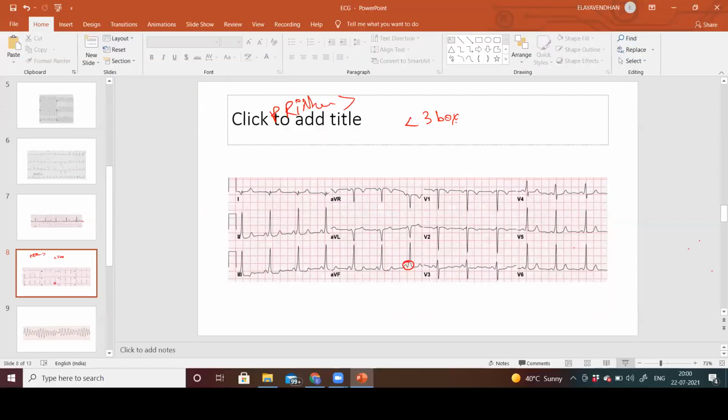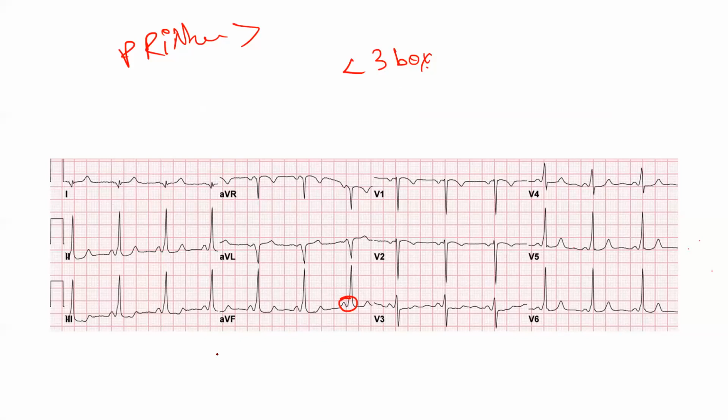Do you understand, guys? The delta wave is also there, sir. So you can see there are narrow QRS complexes, but the other important thing is you can see a delta wave here, like this and like this. This is a typical delta wave in WPW syndrome. And the classical thing is a shorter PR interval, a very, very short PR interval here. So this is the easy way to identify WPW syndrome.